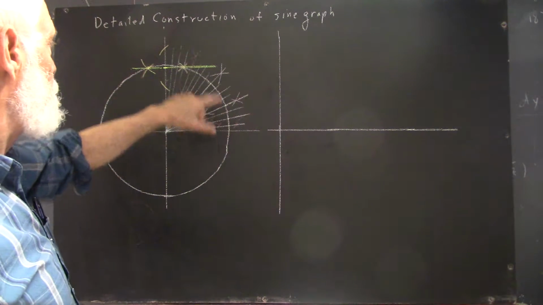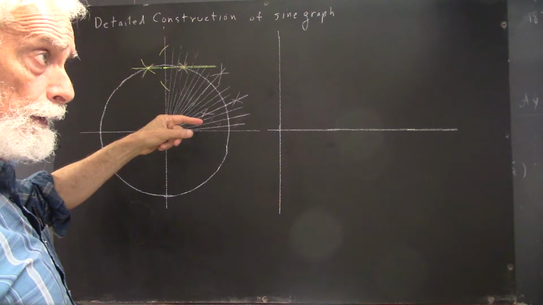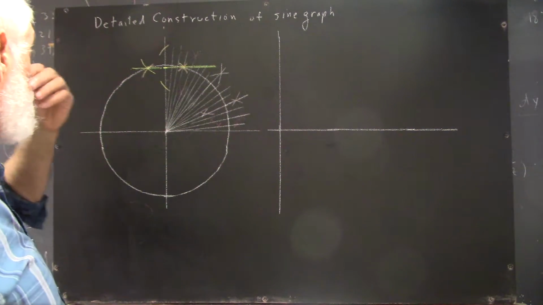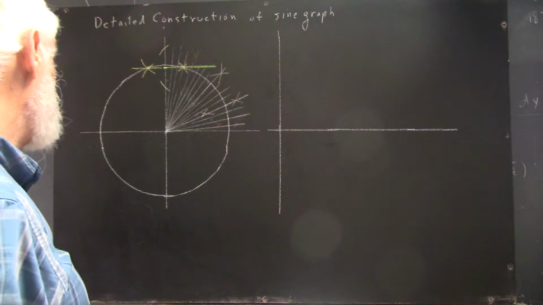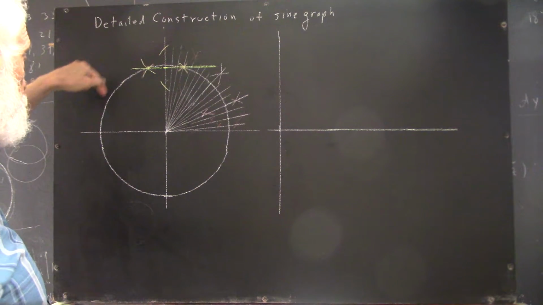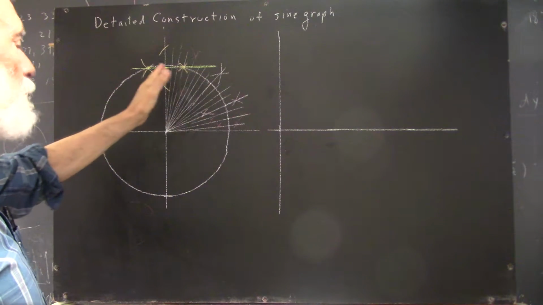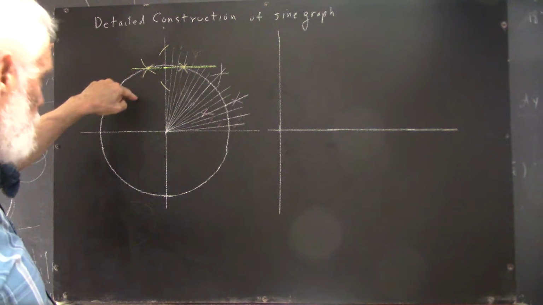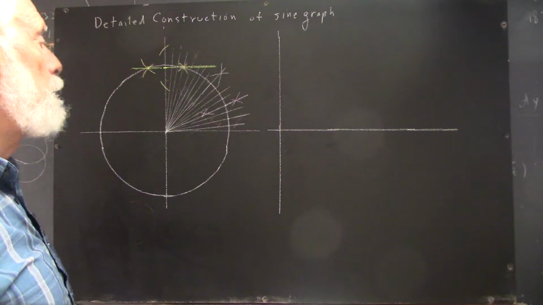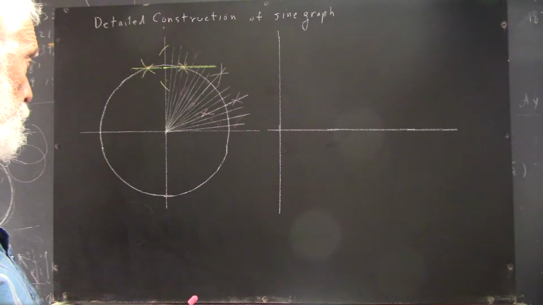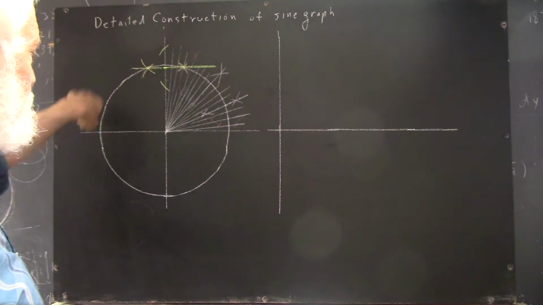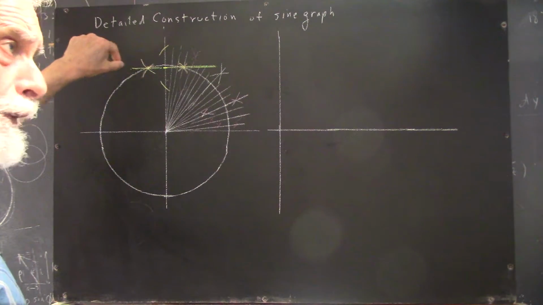Okay, now this is a quarter of a circle that I've divided up. And as you know, if you know the general procedure for constructing the sine graph, I can use symmetry to construct the sine graph for this quadrant, and this quadrant once I've got this one constructed. We're going to do the details of that. But right now, since I'm going to want to construct this for 4 quadrants,